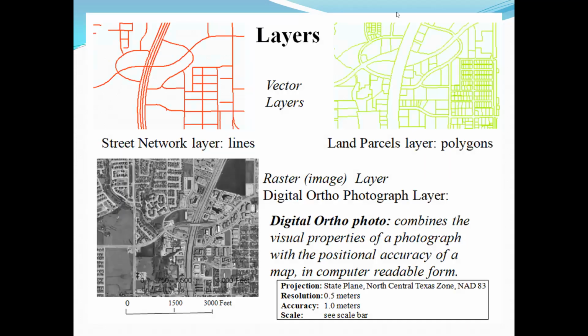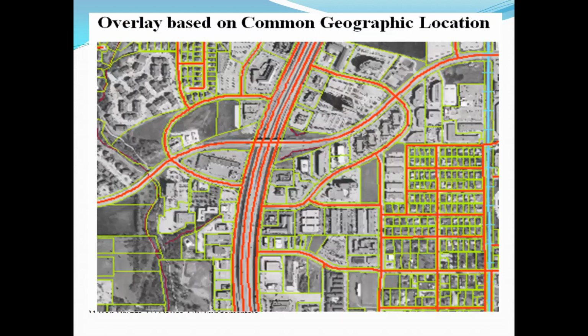So, as an example, this is a vector layer in the GIS. With the help of this raster layer, we can digitize our photographic map layers and maps into the proper map. So you can see this is based on common geographical locations. With the help of the map, we can find the exact geographical location of each element, each feature in the map.